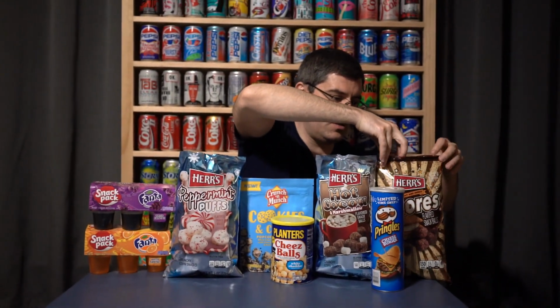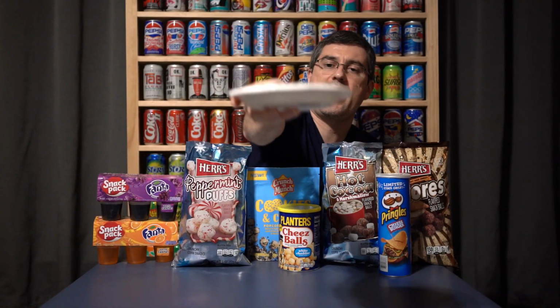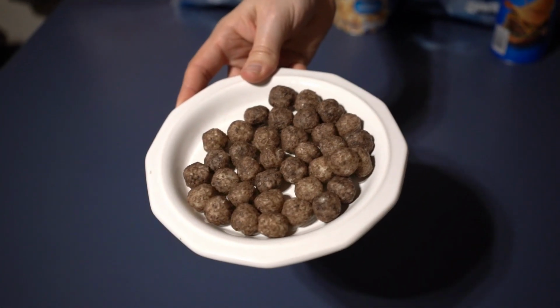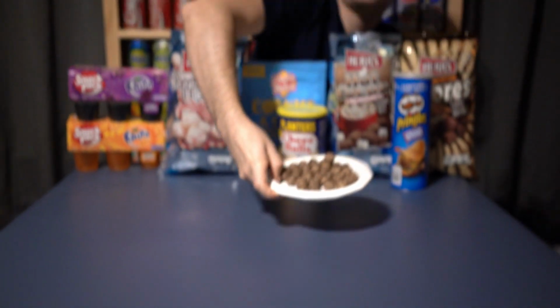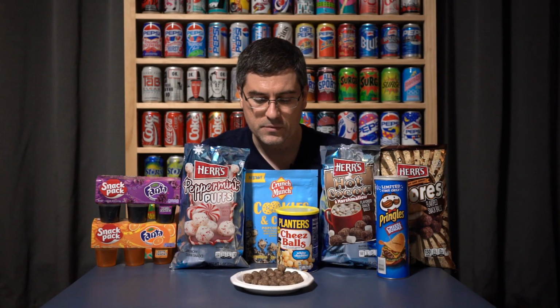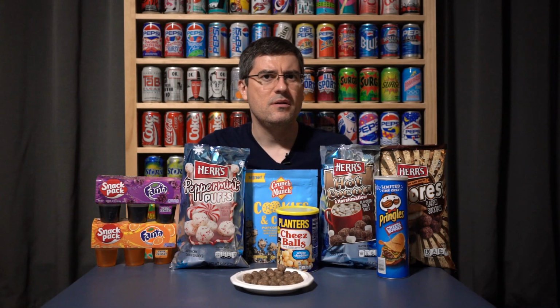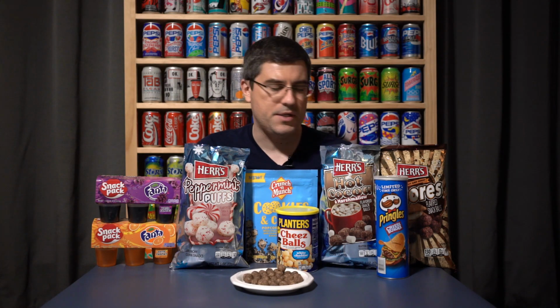But yeah, so these look pretty similar to the hot cocoa and marshmallow, but actually have a bit more flavor to them. Once again, like with the Golden Graham S'mores bites, these don't have any graham flavor, but they do have marshmallow and chocolate flavor that is vastly superior to the hot cocoa and marshmallow. So yeah, not too bad, right? I mean, good. Pretty tasty. I'm actually getting a hint of graham. A little, maybe a little. There could be a little bit of graham, but not as much as like...